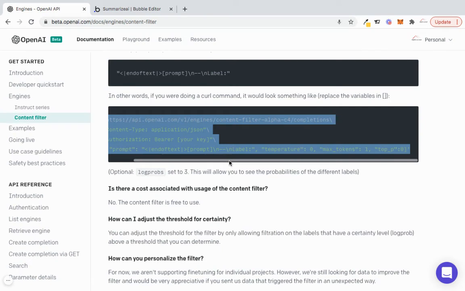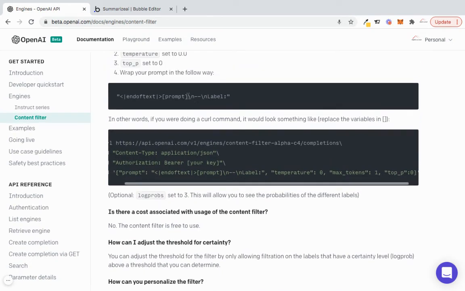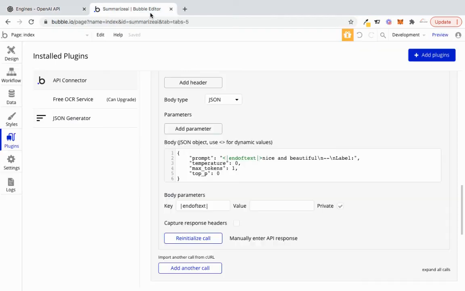From the documentation, you will see that what you're trying to do is put the result of your API call into this square bracket prompt section. So we set up the API call and we replace that prompt with a text. This text will be, for example, when you make an API call and get the result, it would go here,